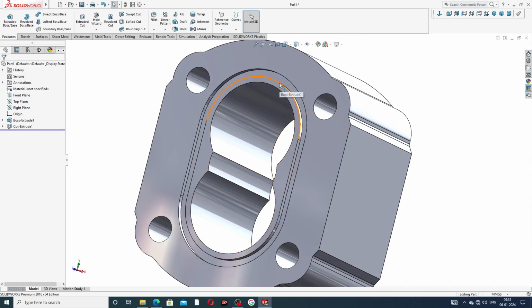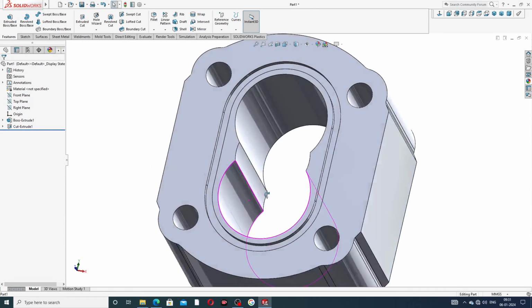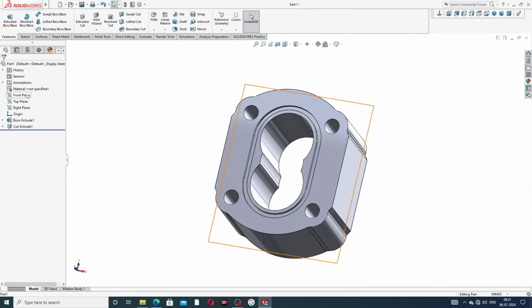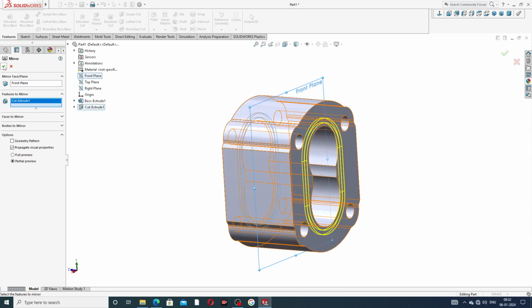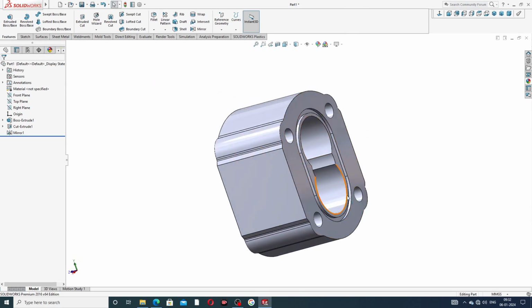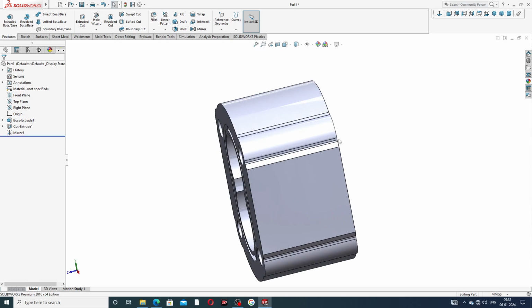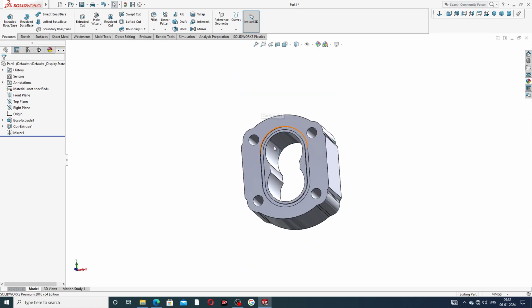And this uses a washer, and rubber washer is used here, and this is very nice looking here. Okay, and also use front plane because this uses a mirror, and select this and cutout is this, and click OK. This back side is also correct drawing here, and both sides use a rubber washer, and this is perfect. Okay,